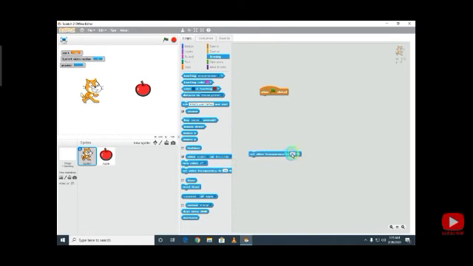Now next we have the timer option. It also helps us. It shows us how much time has passed since we opened Scratch and for how much time we have worked on Scratch. That is the timer option here. Another option we have is reset timer. It helps us to reset the timer and then it will start from 0. Once we reset the timer, it will start from 0. So I hope students, now all these blocks are clear to you.